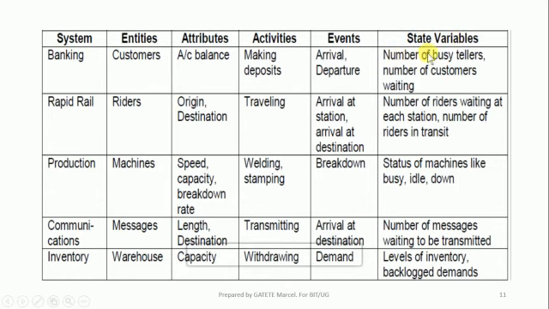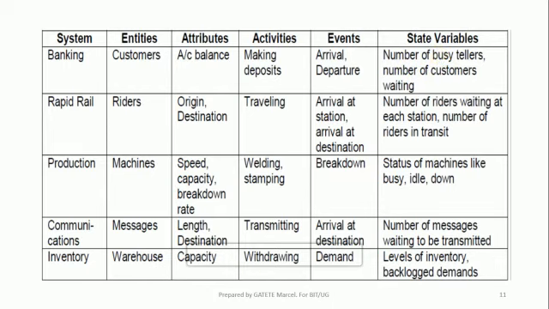For example, the number of visitors, or the number of customers waiting. These are state variables. They show the state of the system at any specified time.